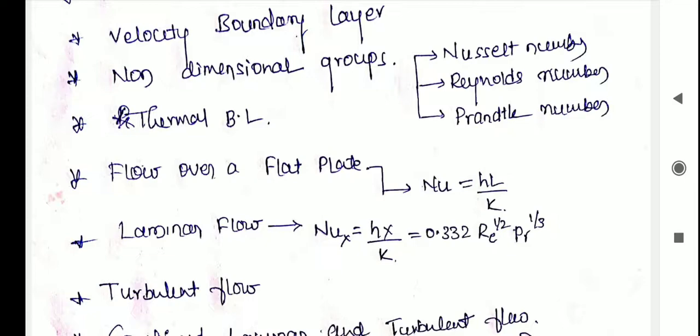Reynolds number is the ratio of inertia force to the viscous force, that is rho V D divided by mu, right? At large Reynolds number, the inertia forces, which are proportional to the density and the velocity of the fluid, are large relative to the viscous forces. Thus the viscous forces cannot prevent the random and rapid fluctuations of the fluid.